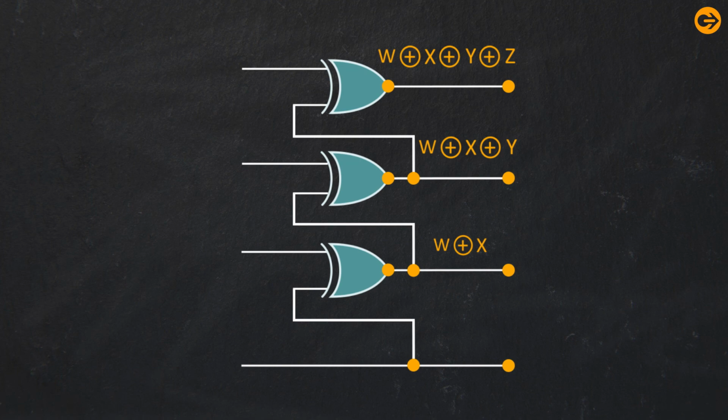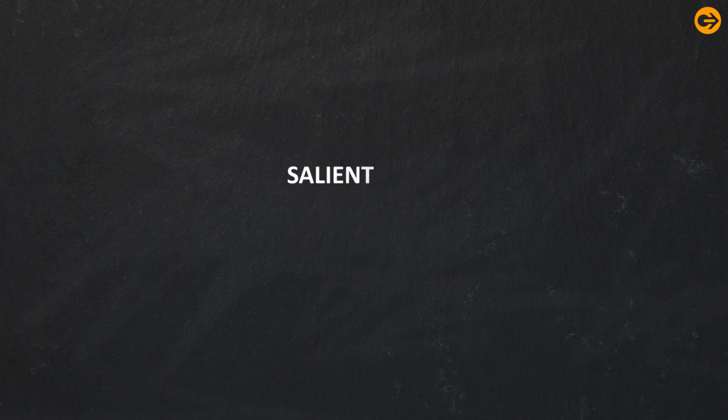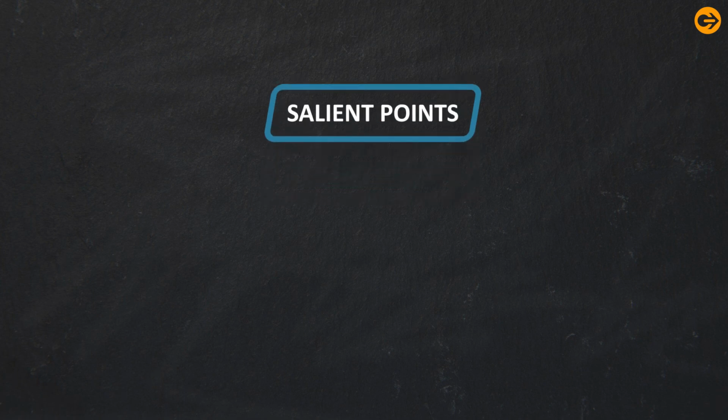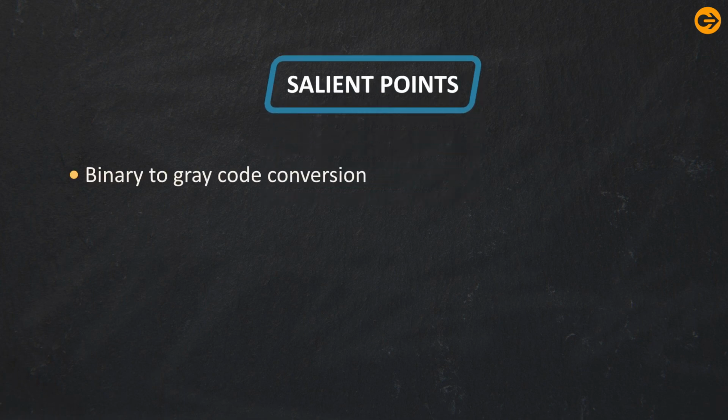Illustrate the digital circuit of A, B, C, D. W generates A, W XOR X generates B, W XOR X XOR Y generates C, W XOR X XOR Y XOR Z generates D. In today's lecture, we have learned binary to gray code conversion and vice versa,